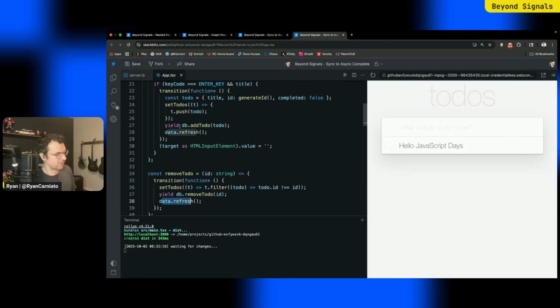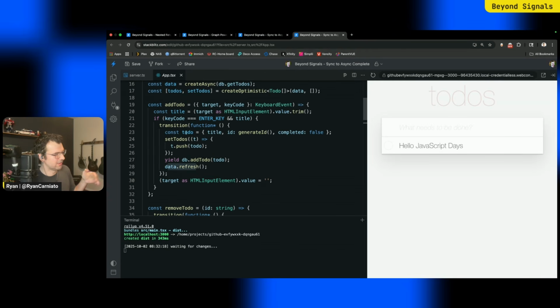For example, addToDo yield. I'm using a generator function here. We also support async, but the problem is you have to resume it and call it again. This is something also in React, so we're playing with syntaxes here. But the idea here is you set the optimistic state, you do the action, and then when it's done, you refresh the data. And with this, we actually have the ability to get rid of that delay, right?